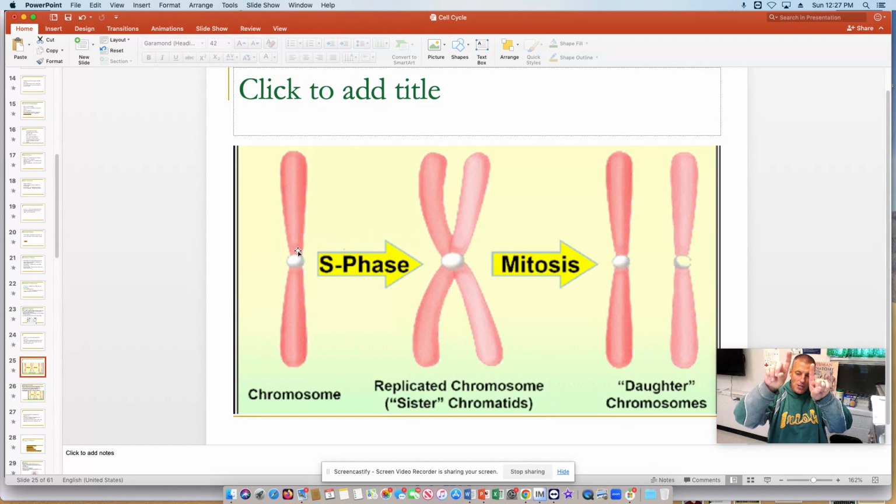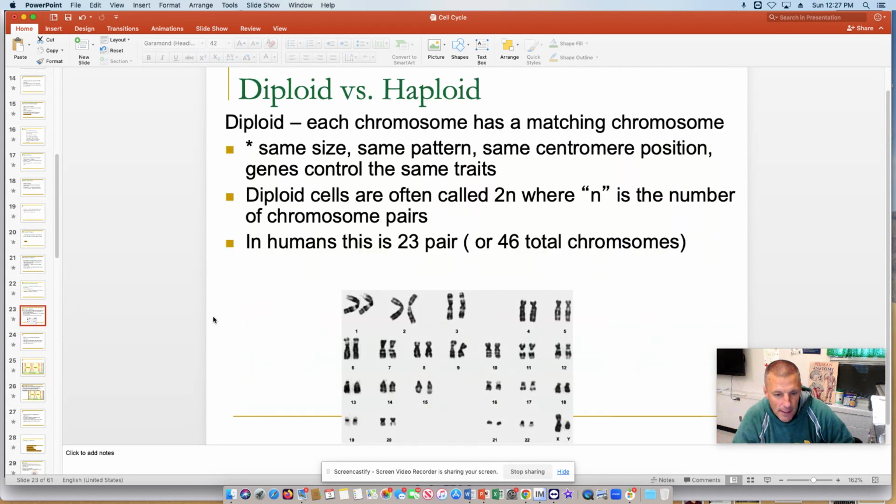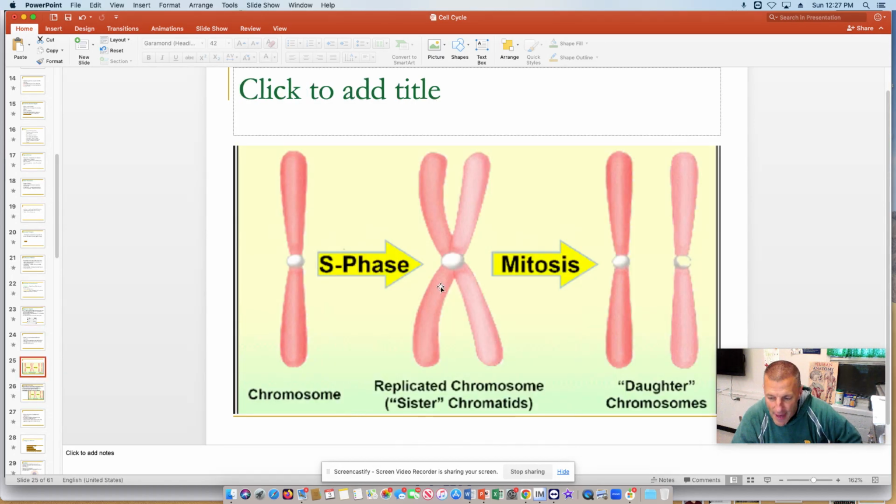Okay? But when it gets ready to divide, it's going to duplicate. So now the one from mom looks like this, like my knuckles are connected and my two index fingers are identical. And then the one from dad does the same thing, and it's identical. So let's go back to this diagram again. This one would be two strands, and this one would be two strands, and two strands, and two strands. Okay? And so then that allows for,